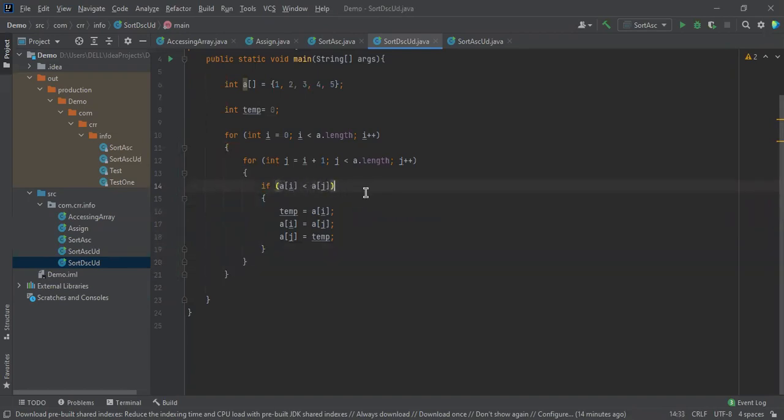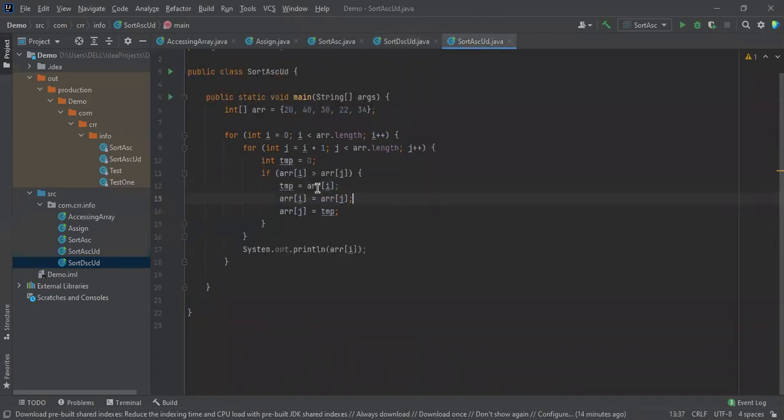It is similar to that, but here this is a comparison for the ascending order, and this is for descending order. Here we are going to mention a less than symbol, and here there is a greater than symbol. This is the only difference between these two programs. Okay, you got the point, right? This is the main difference. If you are going to do ascending order, it should be greater than. If you are going to do a program in descending order, this is the program for that.